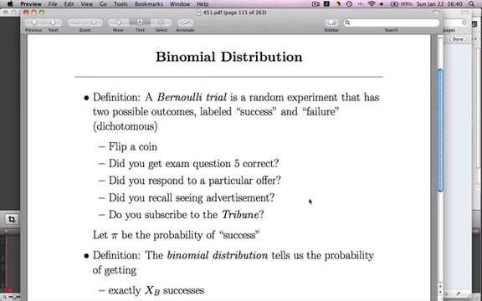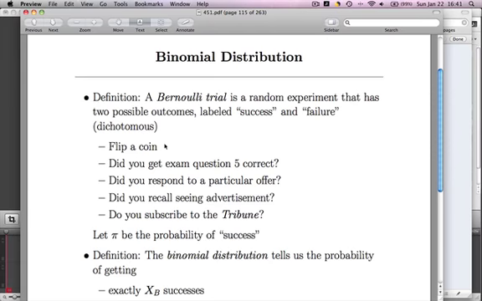Let's develop the binomial in a little more systematic way. First off, let's talk about a Bernoulli trial. A Bernoulli trial is any random experiment where you have only two outcomes. We generically label these success and failure. I often lapse into yes and no. Whatever you want to call the two outcomes, you got two of them. Flipping a coin is of course the classic example. Respond, not respond, click, not click, male, female. All of those would be